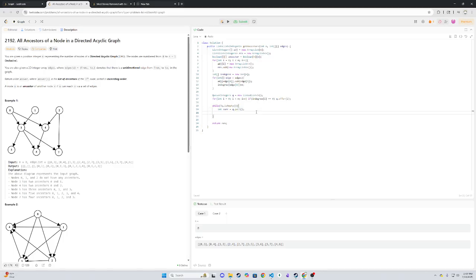And then we'll just say, how do I remember Kahn's algorithm? So we'll poll the current, and then we'll say for int, let's call this u actually, because I like the word. So for int v in adjacency u, we'll say